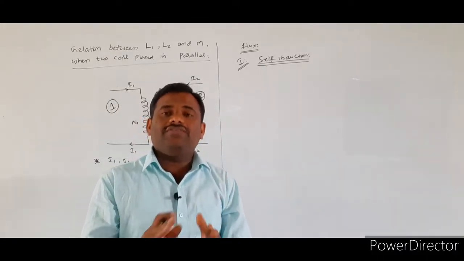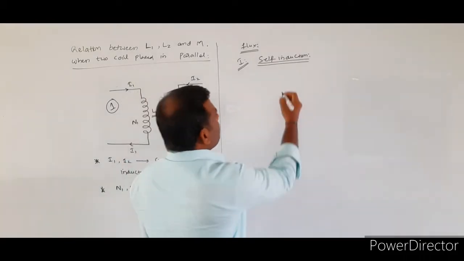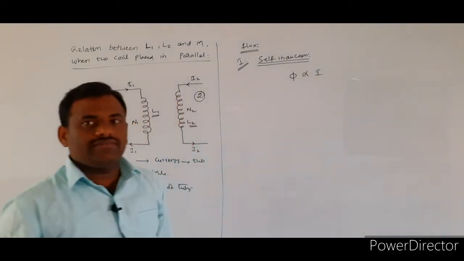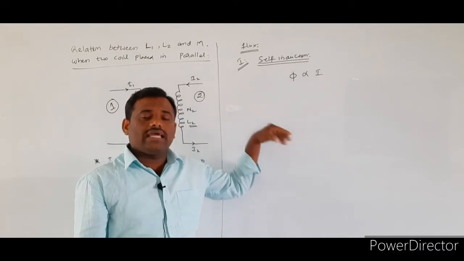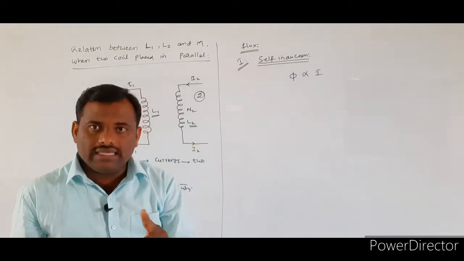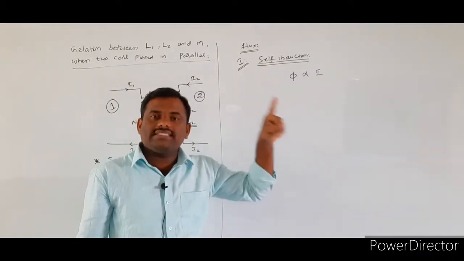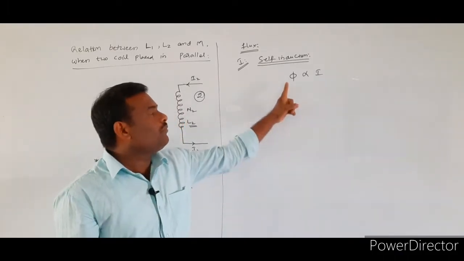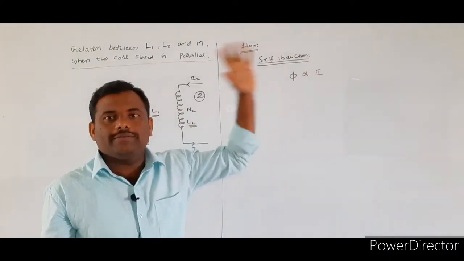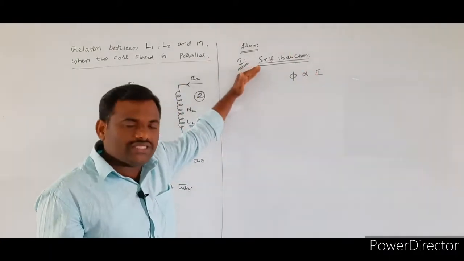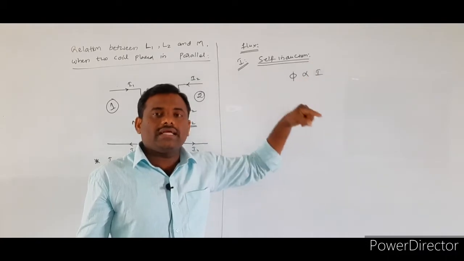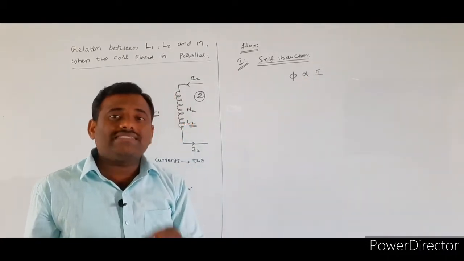For any one of the phenomena, we know that the amount of flux linked with a given number of turns, or a given coil, is directly proportional to the current passing through the given coil. Either self-induction or mutual induction, the flux linked with each and every turn is directly proportional to I. In self-induction, the flux belongs to the first coil, and the same current is flowing through the same coil.